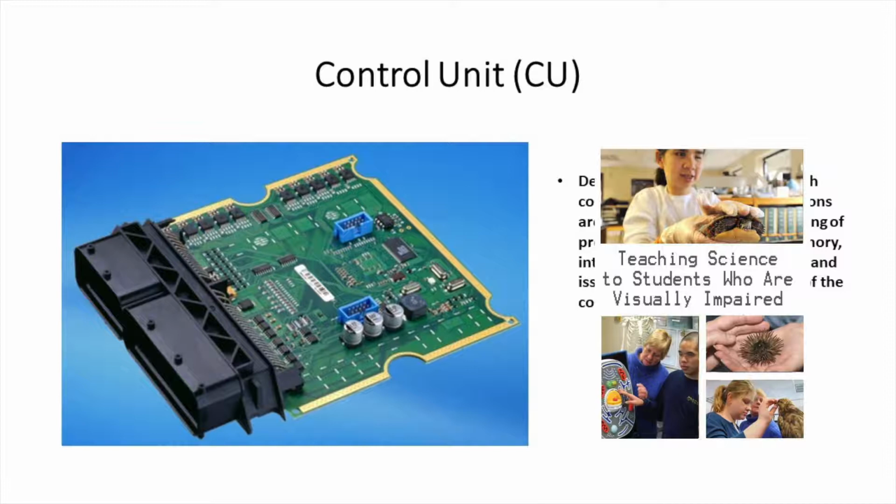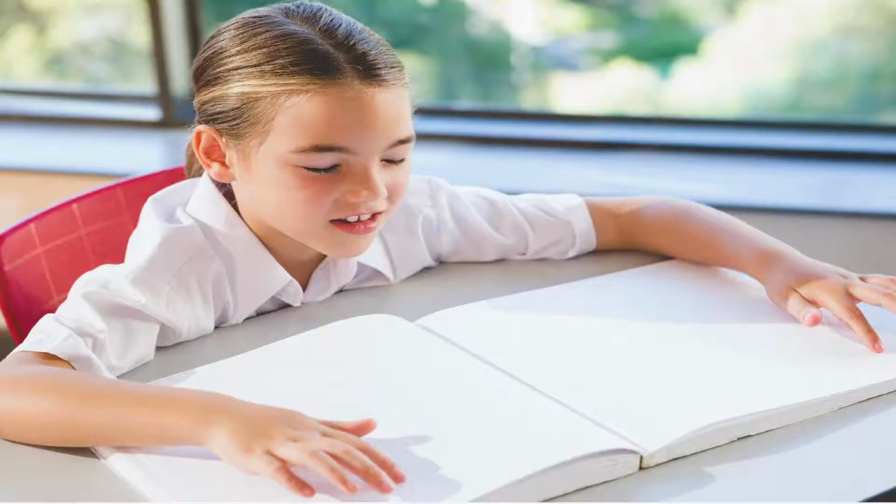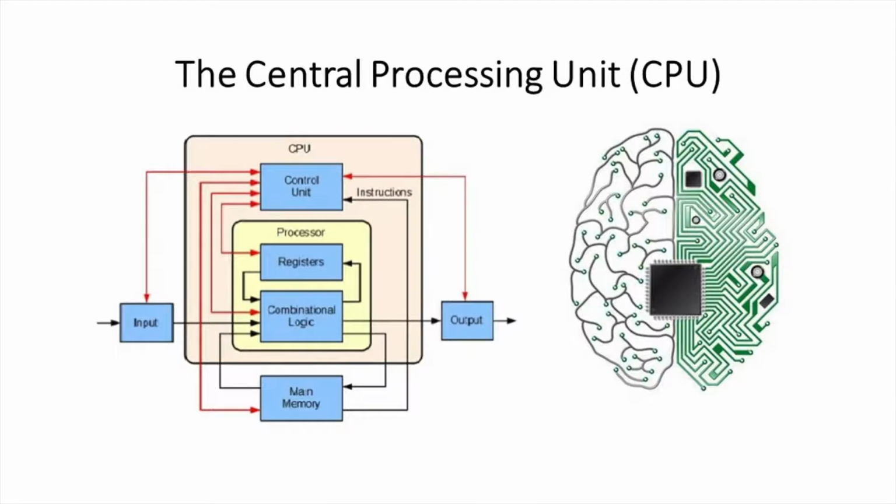As I said before, the control unit is actually responsible for coordinating the working of the entire computer system by issuing control signals, and it coordinates the working of the CPU with the memory and the I/O subsystem. And data to the CPU is provided by the main memory. The main memory here is represented by the semiconductor memory, that is the random access memory, the RAM, and a faster memory called the cache. So, this whole thing put together is the schematic diagram of the CPU, which represents the